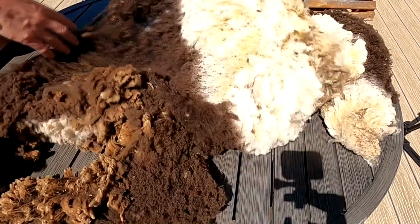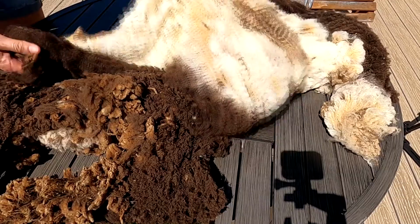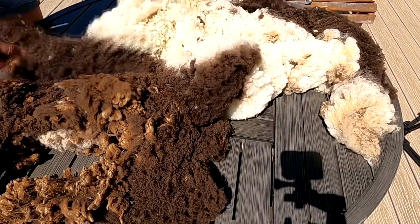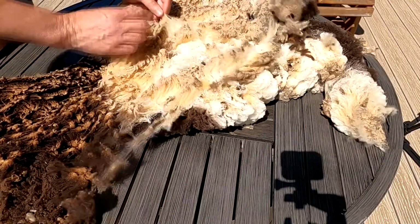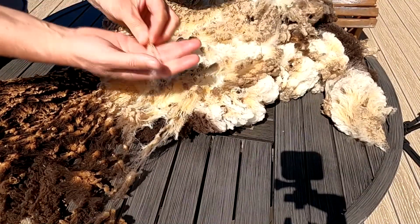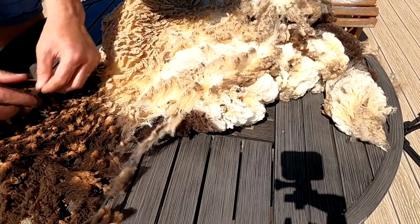This reminds me of those cookies, the half and half cookies, they're frosted. I don't know what they're called. So she's got sort of a creamy white portion of the fleece. Nice crimp. It's going to be nice. And then she also has this really nice dark moorit